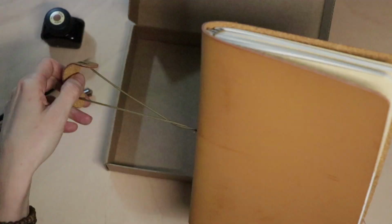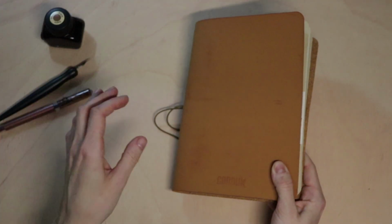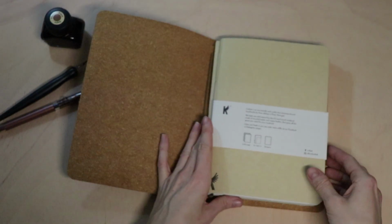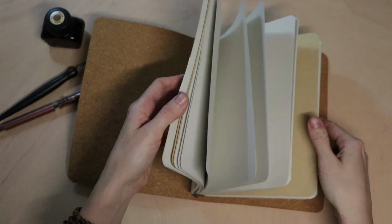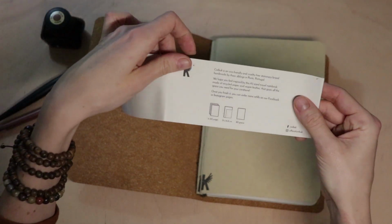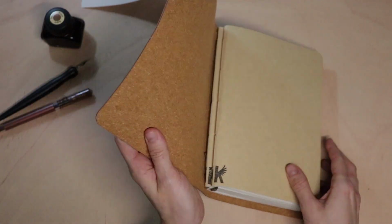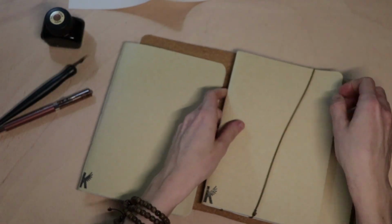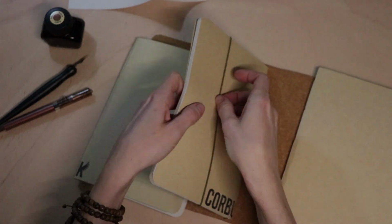And it works like that. So, inside are little notebooks that you can actually refill, so this you can keep forever. And what happens is that you can take your notebooks out like so, and then